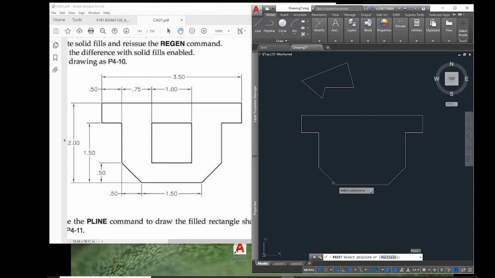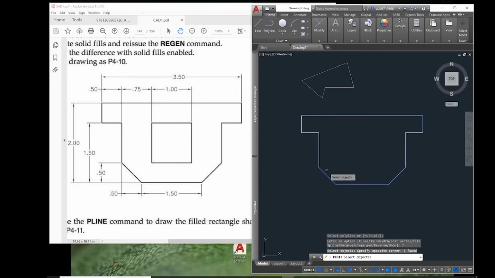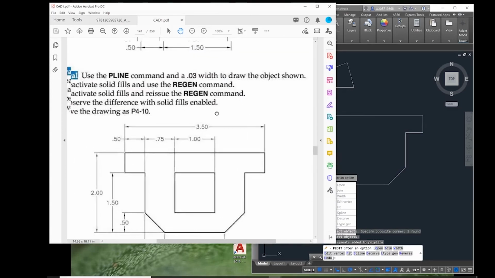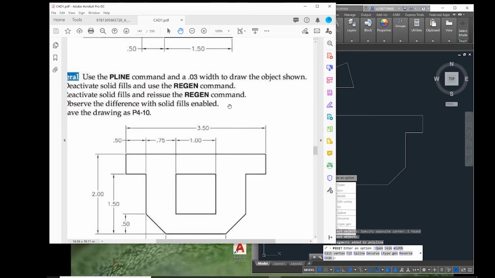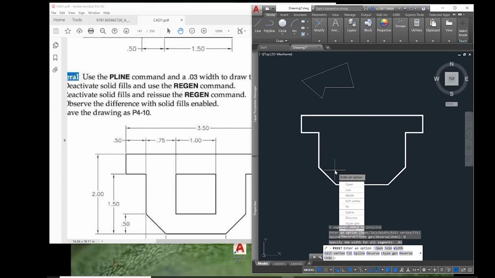It doesn't really matter which one I start with, so I'll just click one and then select join from the drop-down list. Now it wants to know which plines I want to join, which is all of them, so I'll select them all and press enter. Now we're still in the pedit command, which is really handy because the problem also wants us to change the width to 0.03. So I'll select width from the list, and as you can see, it's asking what our new width will be. I'll type in 0.03 and hit enter. Cool. Now we have a nice